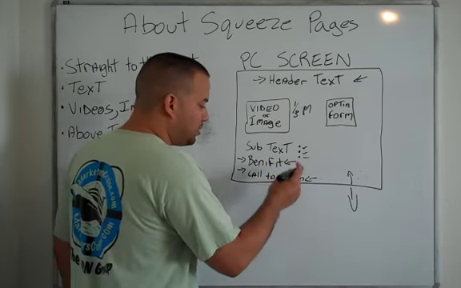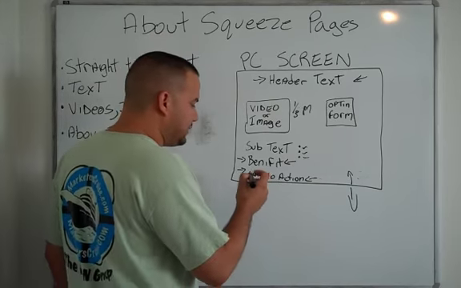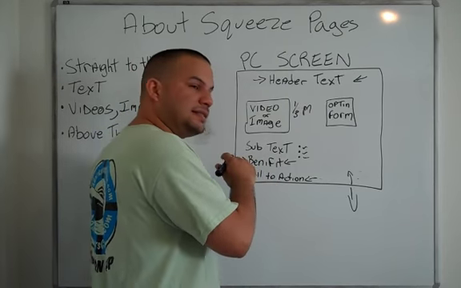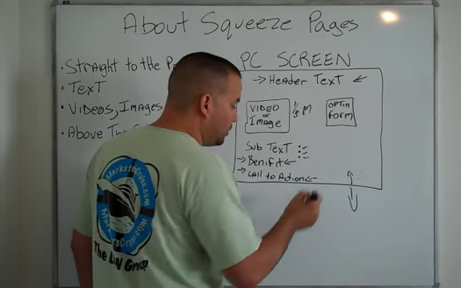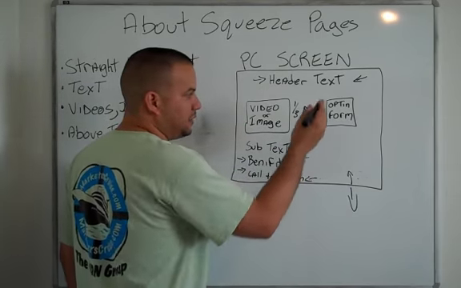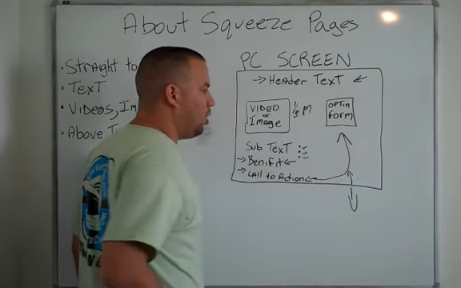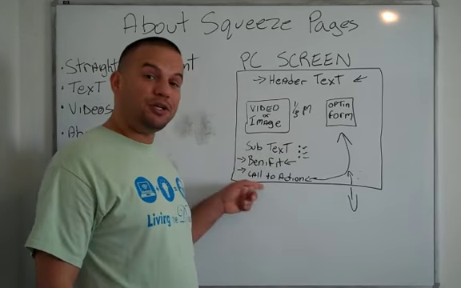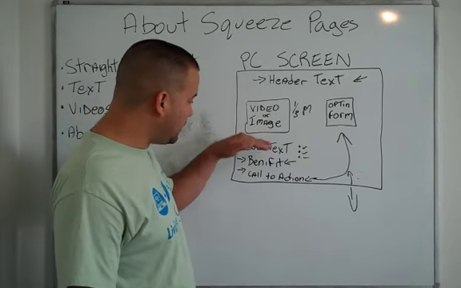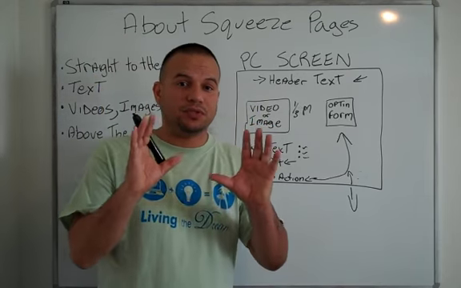That call to action could be like a 2 or 3 liner, no more than 3 lines. And say something like, to get instant access to this free tutorial, just go ahead and opt into the form right there to the right, okay? So that's a call to action. You're actually telling them exactly what to do, and that's very powerful, okay? Because if they actually see right there, you got a video there, you're showing them a nice, beautiful squeeze page,